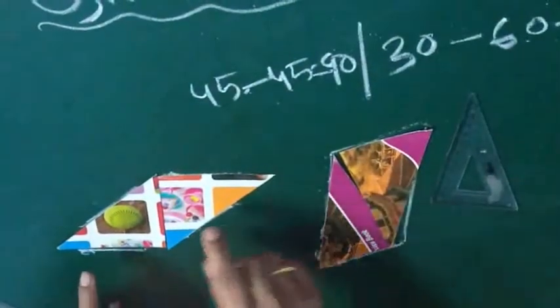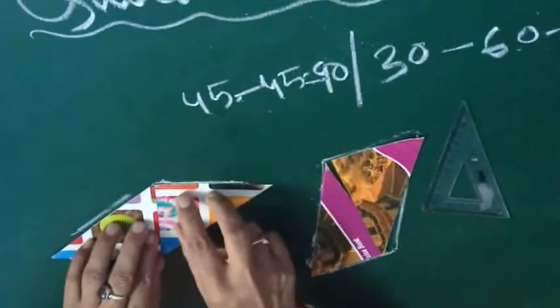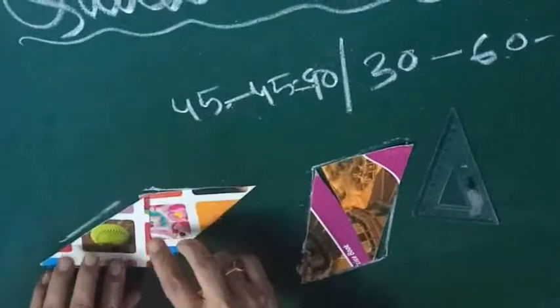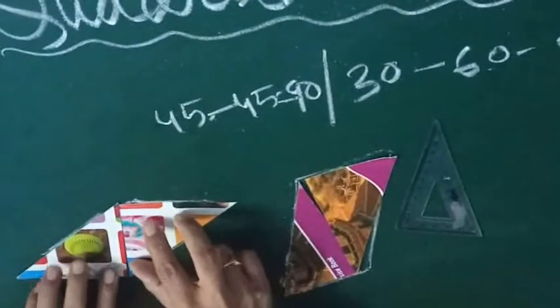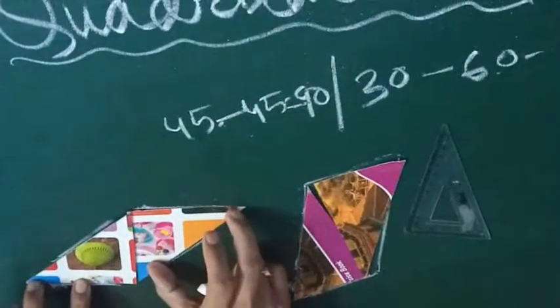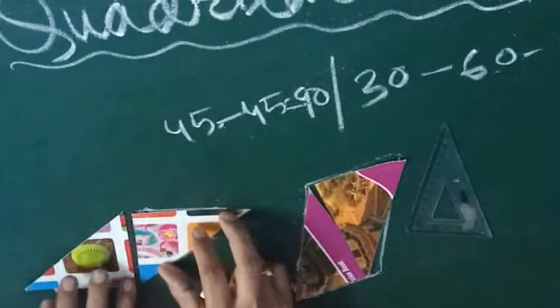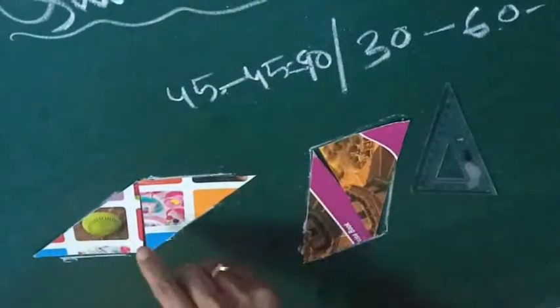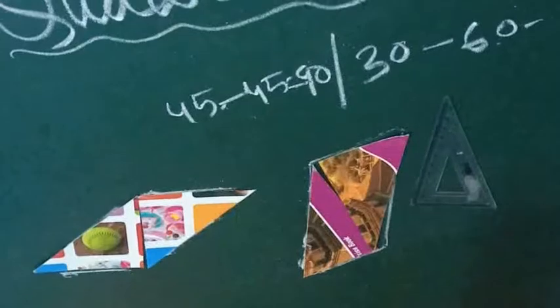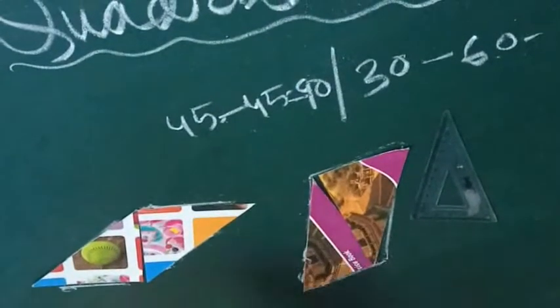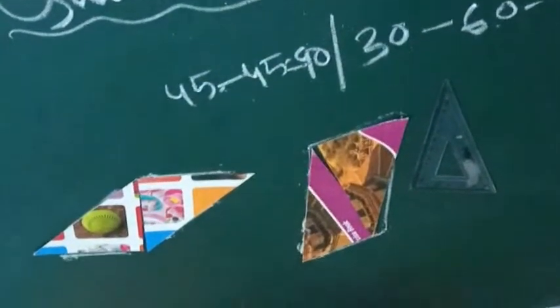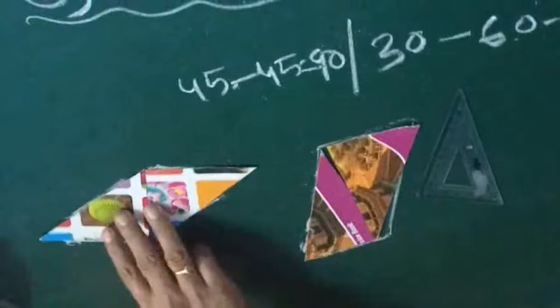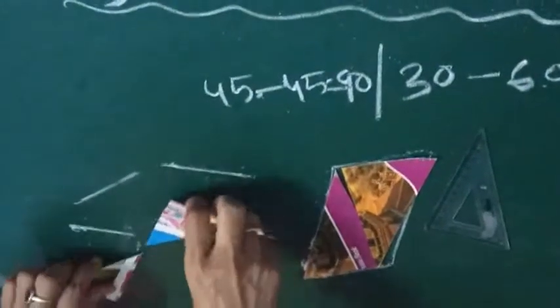And one more thing you might have noticed, the diagonals. Here this is one diagonal, this is the other diagonal. If I join the other two vertices, definitely they are not equal. See, are they equal? No. The diagonals are not at all equal in the case of a parallelogram. Okay, so what will happen in the case of a rhombus? Let's try for a rhombus. See what we can get here.